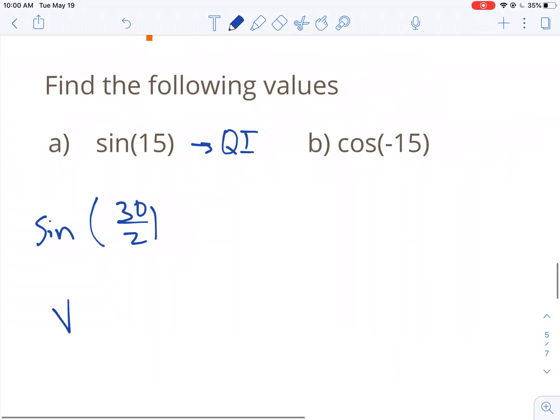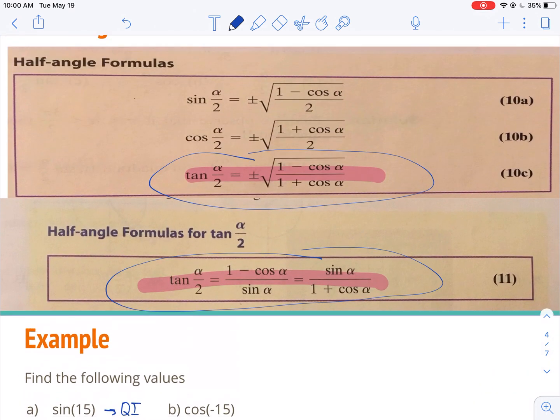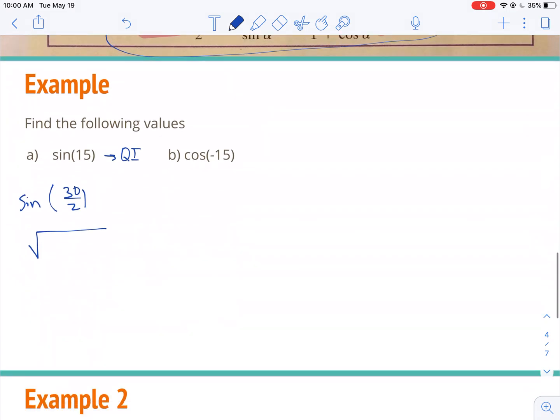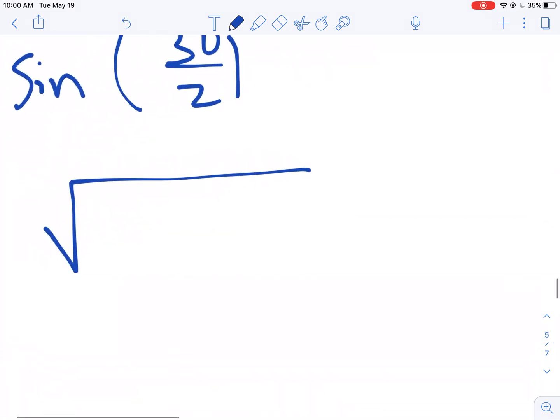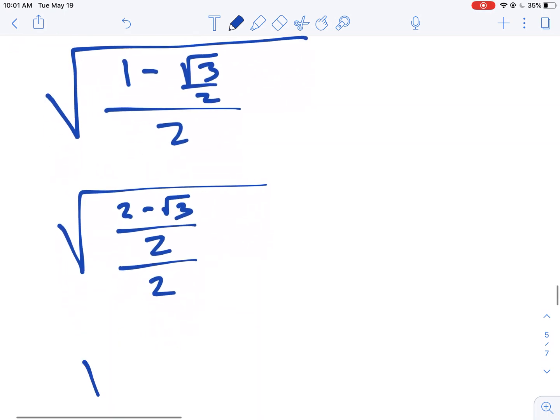And I'm going to just plug this in to that half angle formula. It's going to be a positive value because we're in quadrant 1. So this is 1 minus the cosine of 30 degrees, which is root 3 over 2, and then this is all over 2. So this becomes the square root of 1, or 2 minus the square root of 3 over 2, all over 2, which becomes the square root of